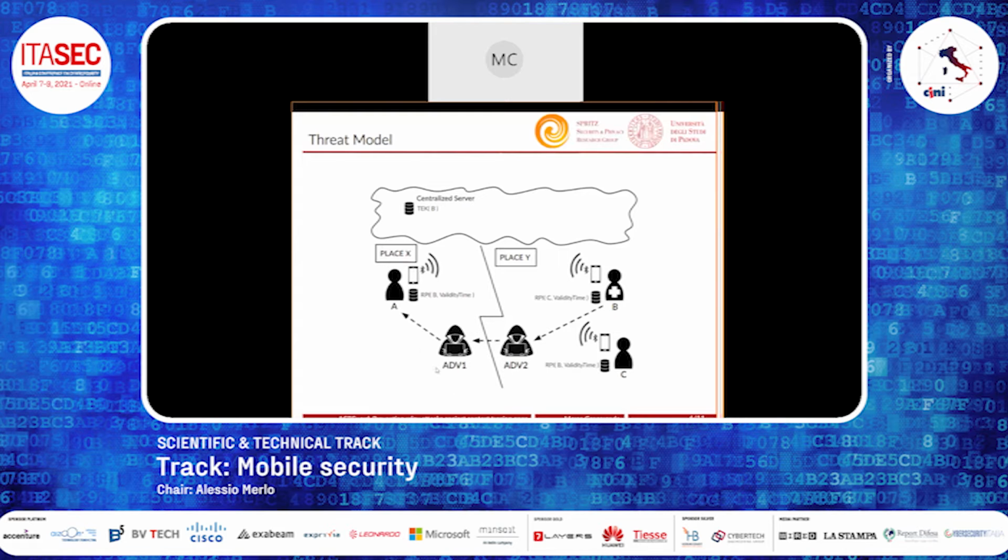It receives the broadcasted RPI from B and replays it to the adversary 1 in another place. The adversary 1 just replays the very same packet, impersonating B, and A, which is nearby adversary 1, receives the RPI from B. Whenever B gets diagnosed as positive, he will upload the secret seeds to the health authority server. In this case, we call them temporary exposure keys. And the other users will download them.